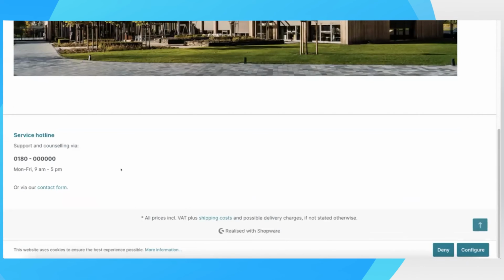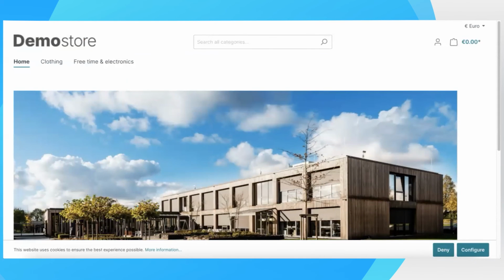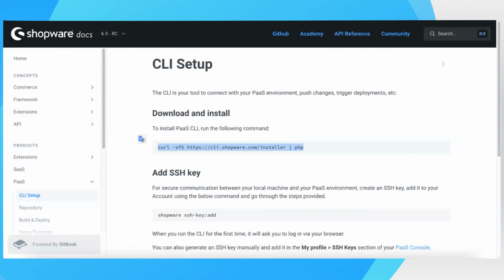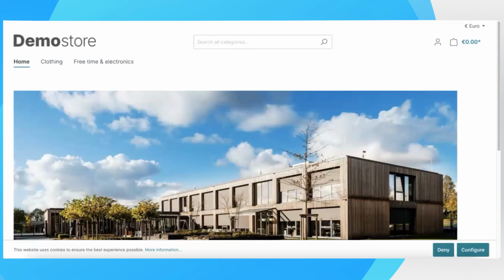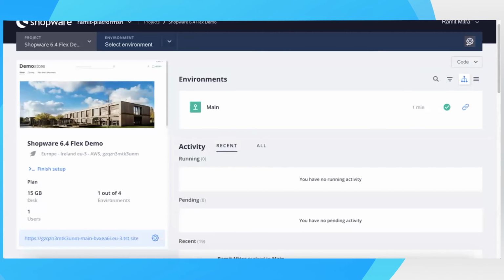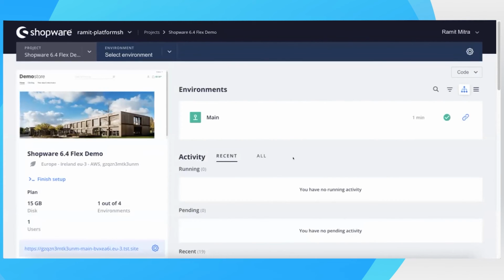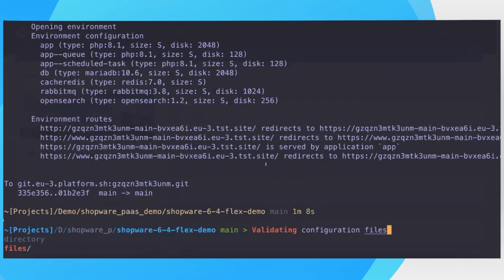Yeah. So this is how your application gets built and deployed. Obviously, a lot more of these details are already mentioned inside of the Shopware documentation that you can read up on. But this is an overview of the configuration files. Now, the next interesting thing is essentially the Shopware CLI